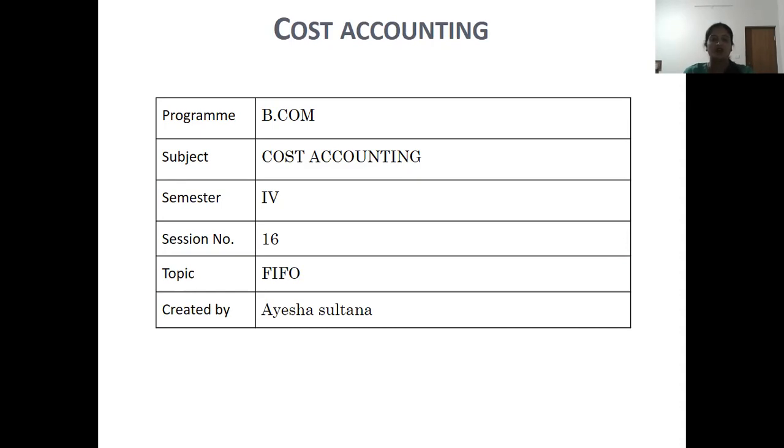department. The units in the opening stock of materials are treated as if they are issued first. The units from the first purchase will be issued next, and so on until the units left in the closing stock of materials are valued at the latest cost of the purchases. This method will be used for the pricing of the materials issues. Now, let us move on to the first in, first out method problems.